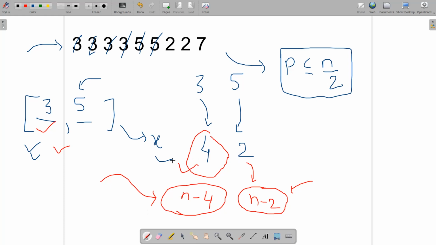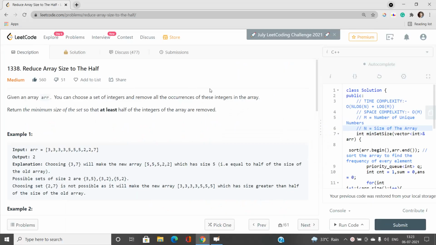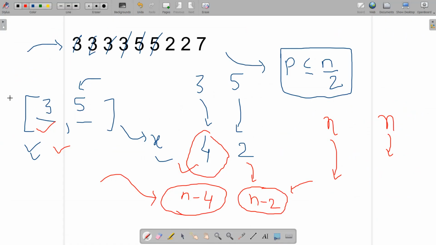So if we choose 3, the size of the array is going to decrease to a much greater extent, and if we choose 5, it is going to decrease to a lesser extent. We need to ensure that at least half of the integers of the array are removed. So to minimize the set x, we first choose the element which has maximum frequency.